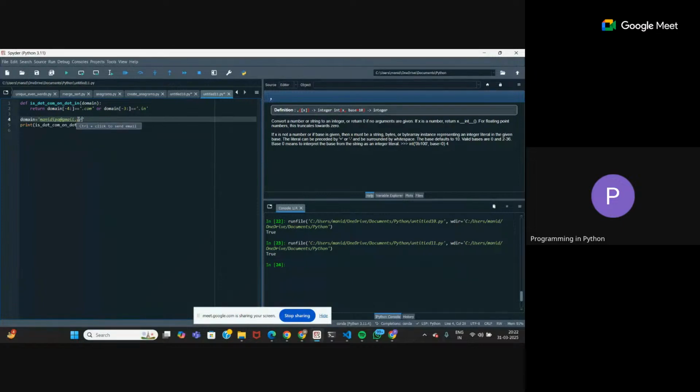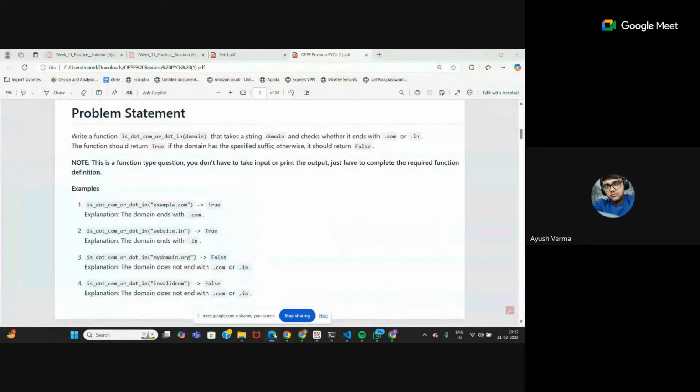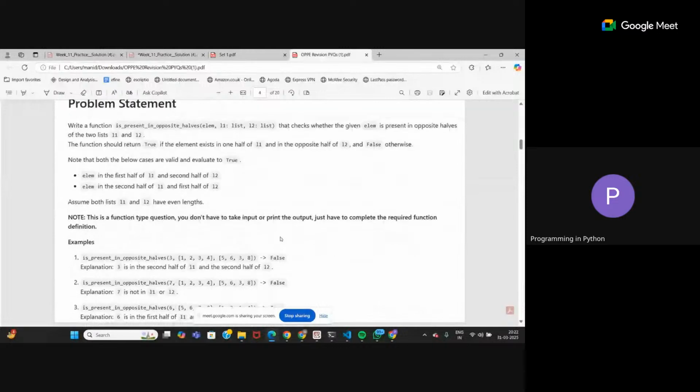Let's check for the other case also. So for org, it is giving false. Okay. This one is clear for everyone? Yes, ma'am. Yep. Third question.